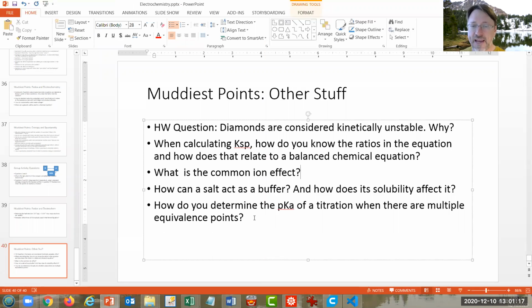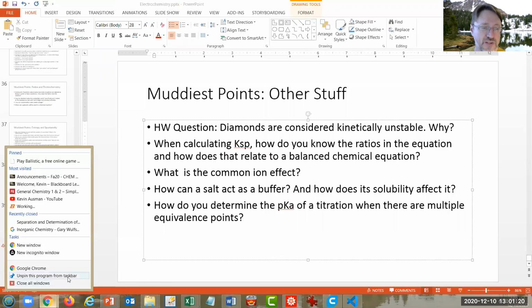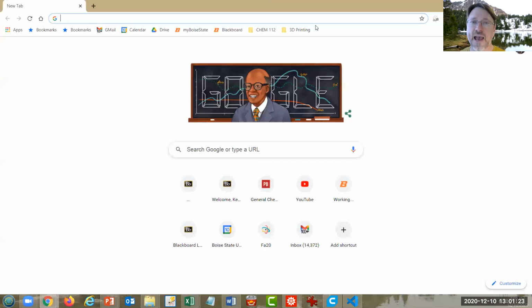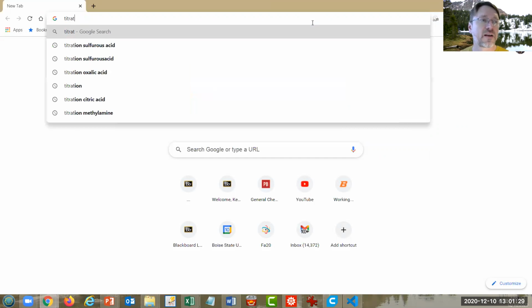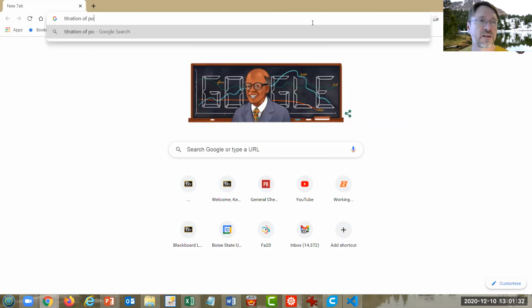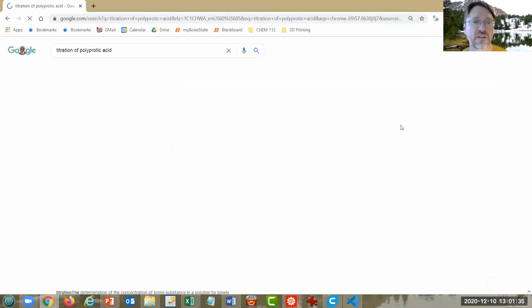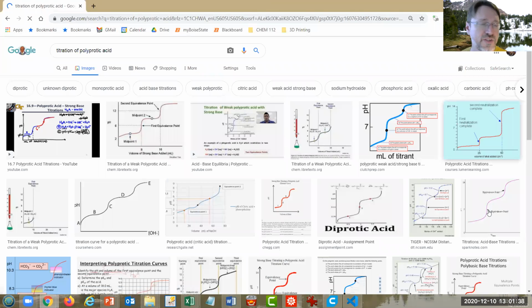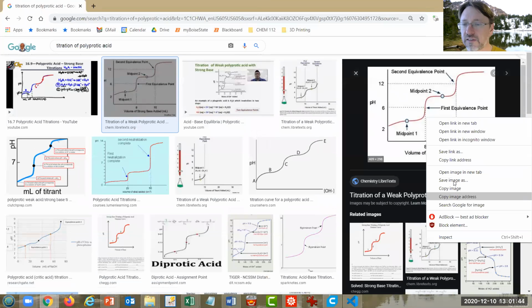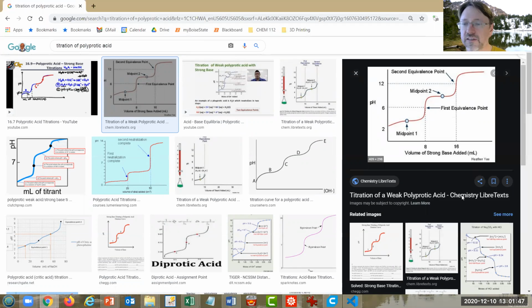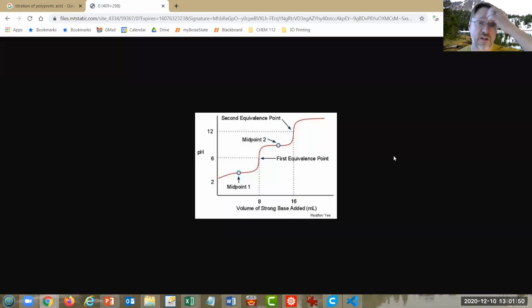How do you determine the pKa of a titration where there are multiple equivalence points? Okay, so it is probably a good idea to look at a titration of a polyprotic acid. So let's look at one of these. Okay, so we have here the titration of a biprotic acid, and so you find your first equivalence